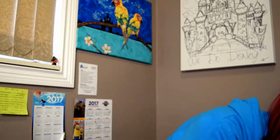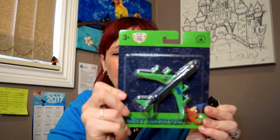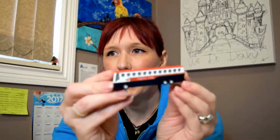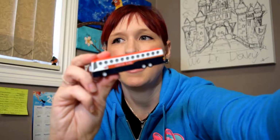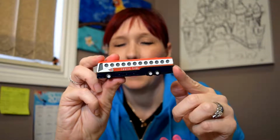Actually, what I found for my son, which I thought was super cute, I'll show you real quick. Where is it? Because we're going on a cruise, I found him an airplane. It says 2017 on it. How cute is that? And I got him a Disney Cruise Line bus. It's like a Matchbox car. How cute is that? So that'll just be in his backpack, and when he's ready to explore on the plane,